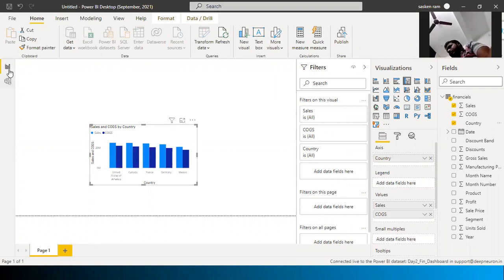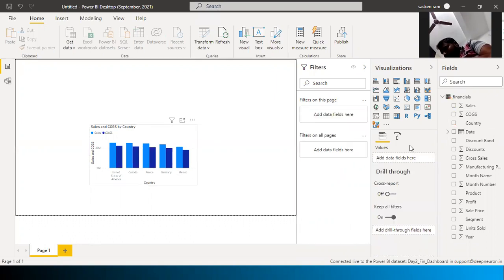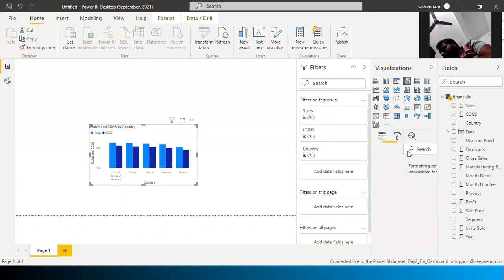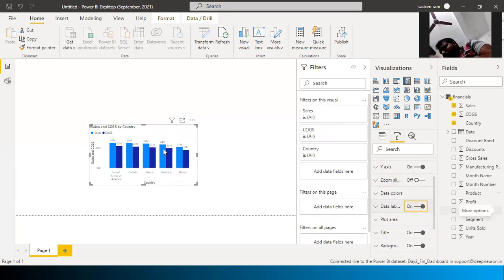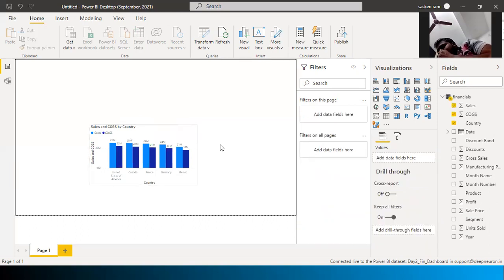You see here, in this case, when you use Power BI data sets, the data view is not available. If you want to see the data, you just see it from here itself. For example, you go to the format. In the format, you have something called data label. Just enable it. So you have 24 million, 25 million, 20 million, right? So likewise, you can view the data. Okay, so that is one kind of disadvantage. You cannot view the data.